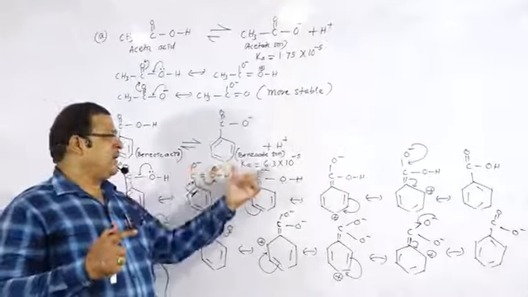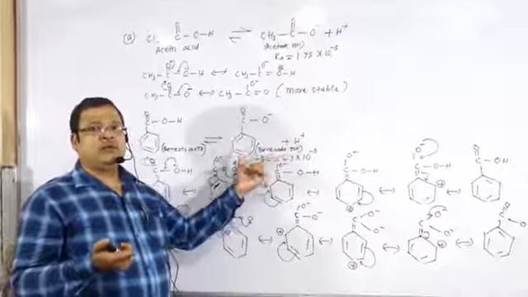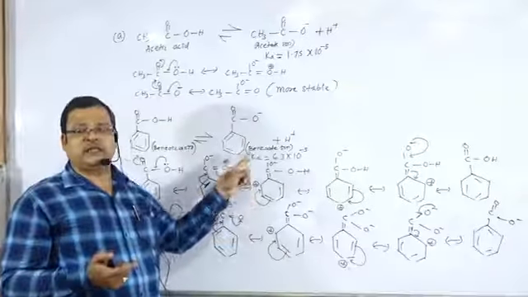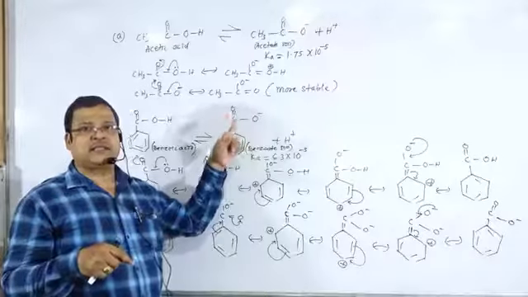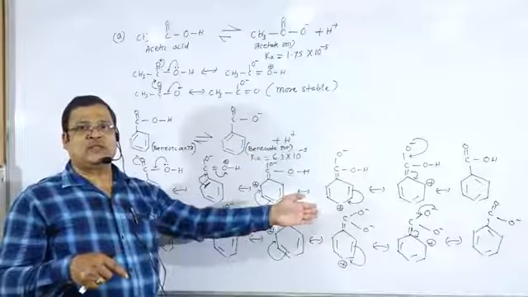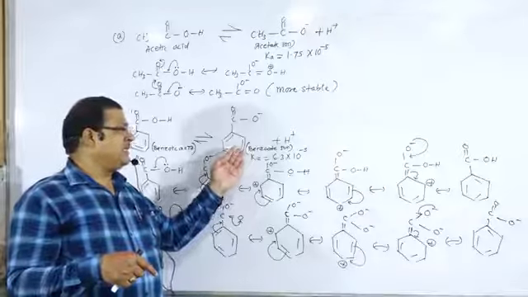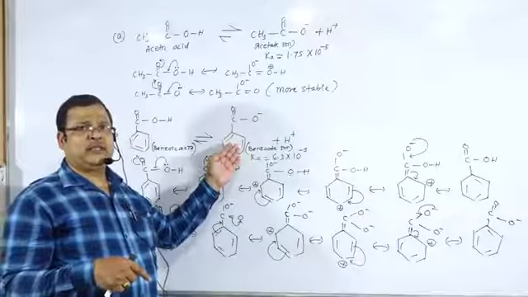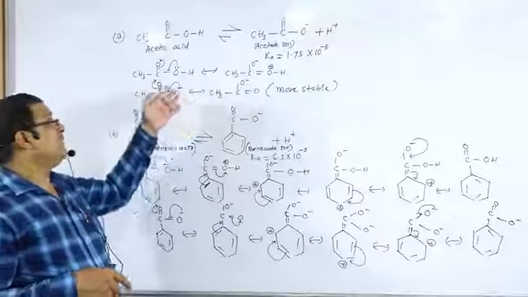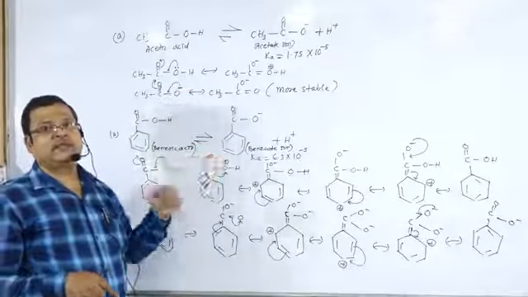So the higher the value of Ka, or the lower the value of pKa, the more acidic the behavior will be. If we compare the acidic behavior, benzoic acid will be more acidic as compared to acetic acid, because the benzoate ion will produce a greater number of resonating structures as compared to the acetate ion, and the value of Ka is higher in the case of benzoic acid as compared to acetic acid. So this is the comparison of the acidic behavior of aliphatic acids with that of aromatic acids.